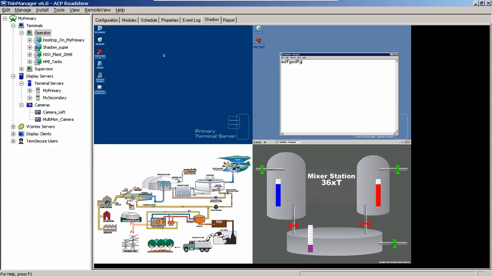There it goes. So now you'll notice that in my shadowed session, I've got my desktop primary over here in the top left. We've got the shadowed session from our supervisor terminal over here in the top right. And then I've got the H2O plant, and then I've got our little tank farm over here down on the bottom right. So this is what we call a basic setup where we've got multiple sessions running on multiple monitors